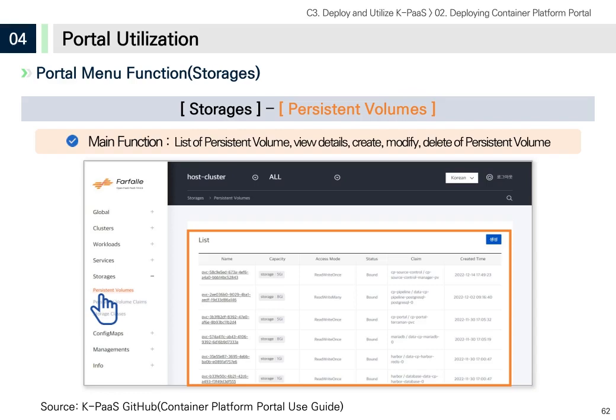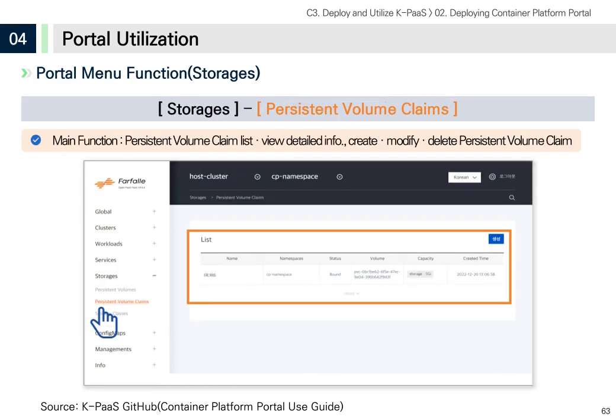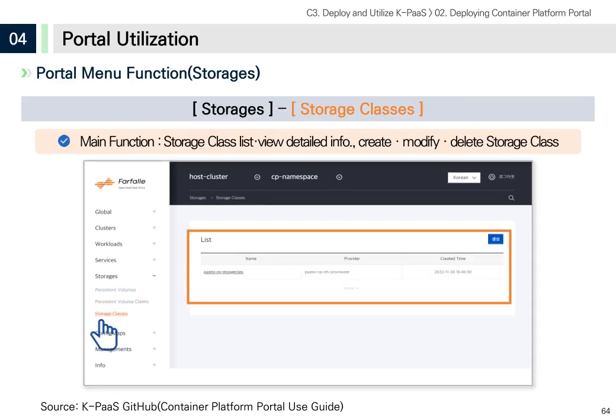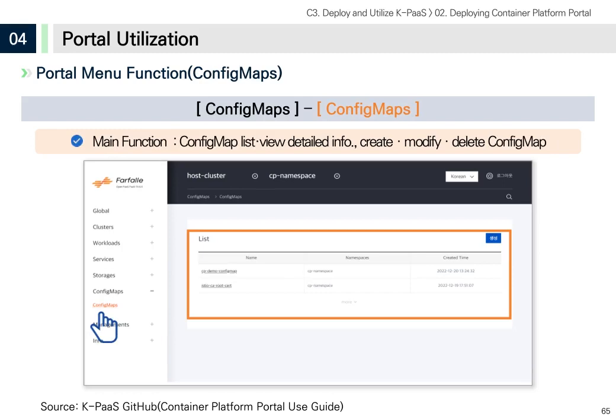The Persistent Volume page allows you to view, create, modify, and delete lists of persistent volumes, and details of each persistent volume. You can also manage persistent volume claims and storage classes on the other 2 pages. This is how the Persistent Volume Claims page looks. This is how the Storage Classes page looks. 6. In the Config Maps menu, you can view, create, modify, and delete the config map list and the details